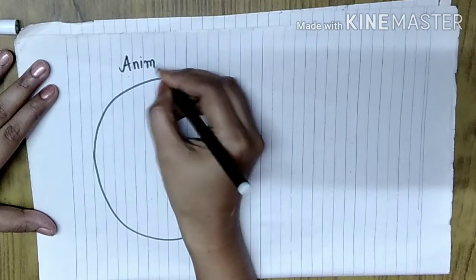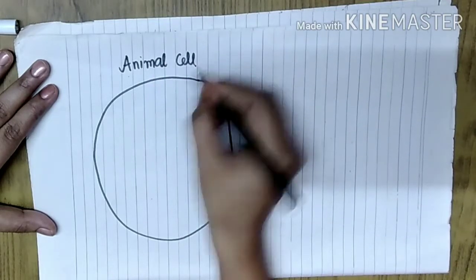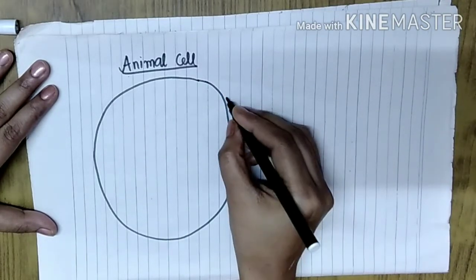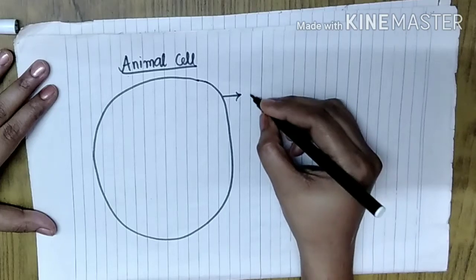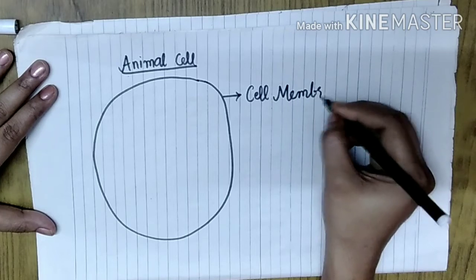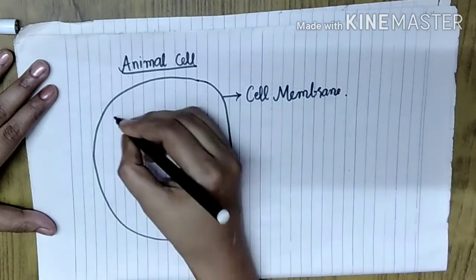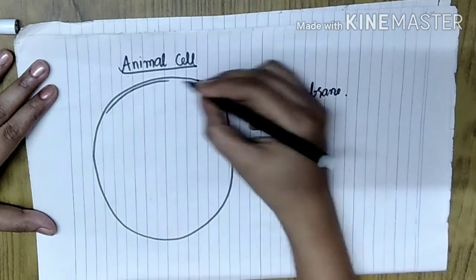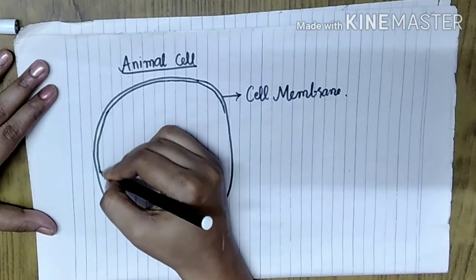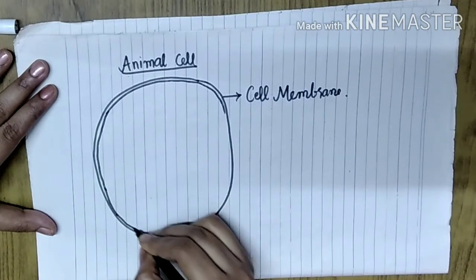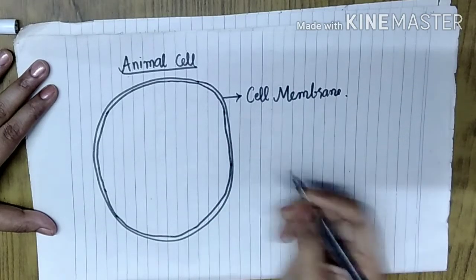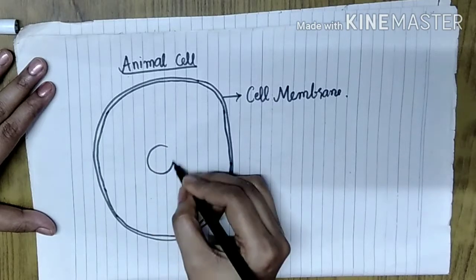Because most of the animal cells are spherical in nature, you first have to draw the circle. This circle is referred to as the plasma membrane or cell membrane. Remember the spelling very carefully, and you will write all the labeling on one side. Then draw another circle within the above circle to show the thick layer of the cell membrane, and draw it very neatly all around the cell surface. This cell membrane bounds the material that is present within the animal cell.